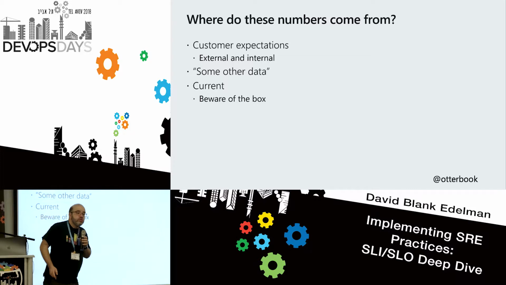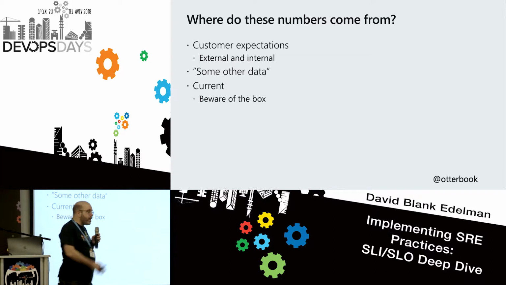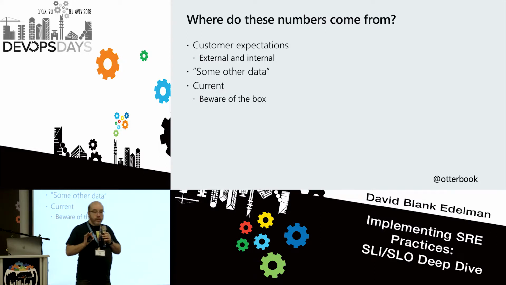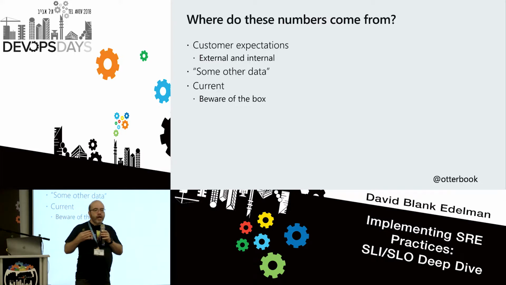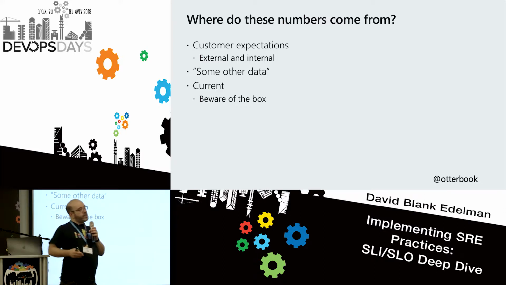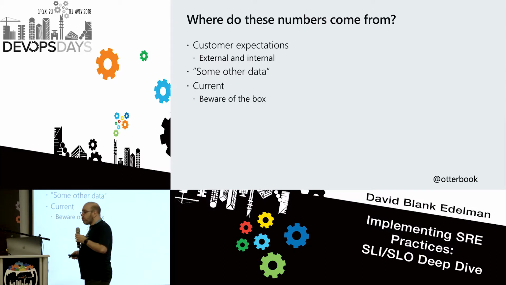It is possible to use the current state of the system. You can say, hey, we've been running at 90% for the last 3 months, let's use 90%. The thing I want to warn you about is that it's certainly possible, and in the absence of any other data, it's not bad. But if you do that, sometimes you will box yourself in unnecessarily. Let's say that you've been running at 95%, and so you say, oh, I think 95% is a good SLO. And then you realize that you had just a really good week, but it's not usually like that. Or maybe the people expecting data from you don't need it at 95%, and you could have more room and slack if you wanted to. So just a warning along those lines.